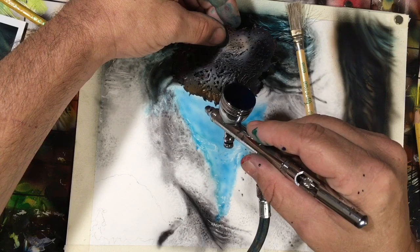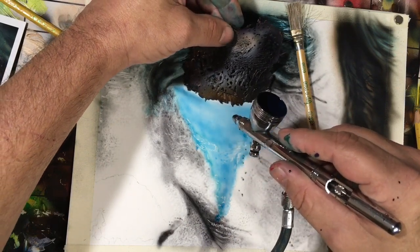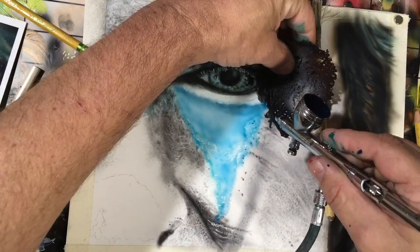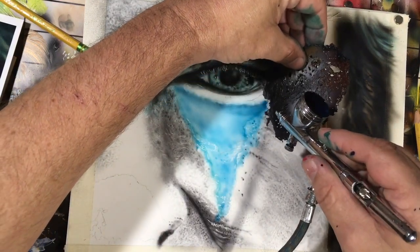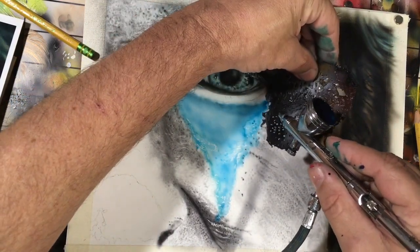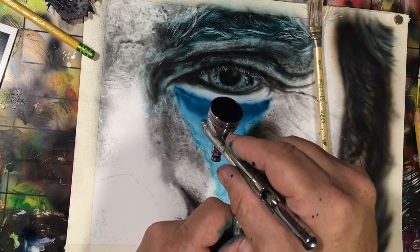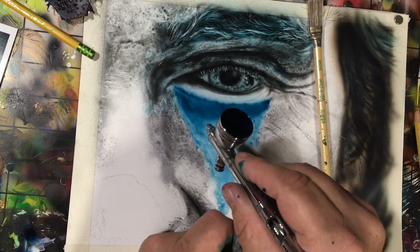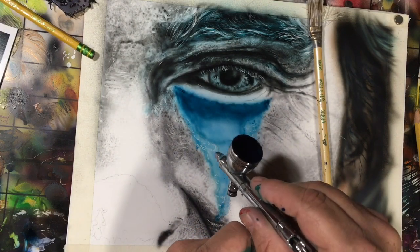Now that we got that darker color mixed up, we're going to come back in. We're going to come back over the spots that need to be darker in the makeup there. And there are two reasons that makeup is darker in those places. One is on the edges, the makeup is smeared and smudged more. Two, that is where his eye socket is sunk in, so it's not getting as much light